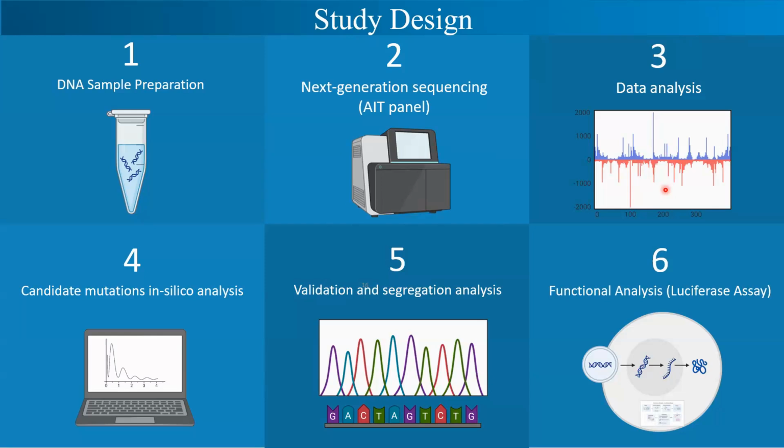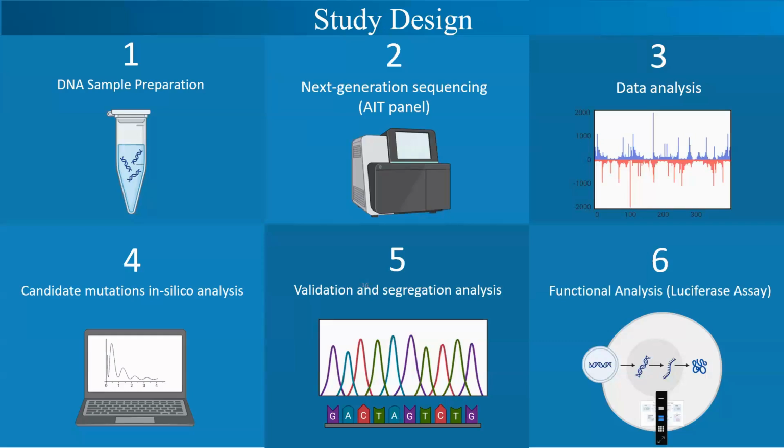So we took the VCF file and we removed the filters, and we took all of the variants that are of unknown significance. Okay, and then we did in silico analysis to predict their pathogenicity, and if the patient has anything that can contribute to the metastasis or to the development of cancer. And then after we saw candidate mutations and segregated them by in silico analysis, we did validation of these analyses by Sanger sequencing. And then the mutation that I'll be discussing now was found to be a pathogenic variant,